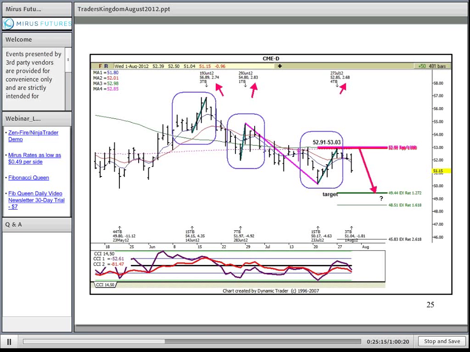All right. I'm going to go into an example of a trade setup that I gave out probably last week. Might have been the end of last week. And this was CME, and this is after the stock split. You can see the difference in the prices. It went from what, a $250 stock to now it's